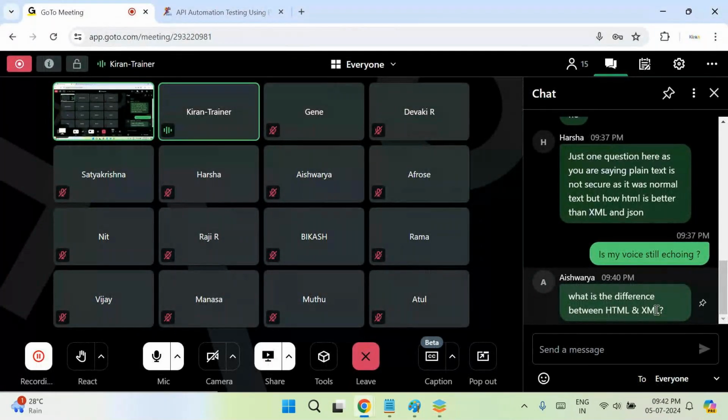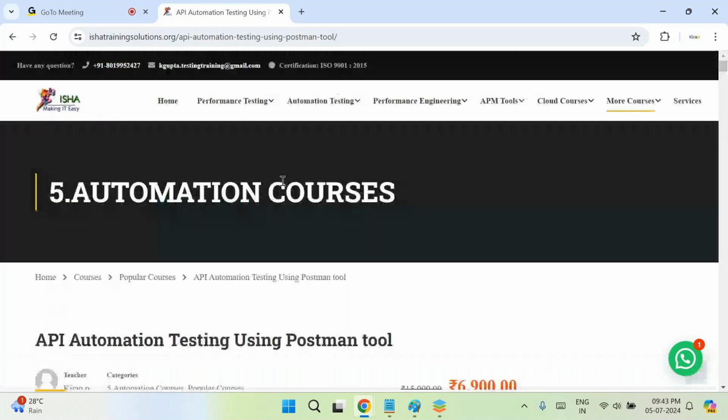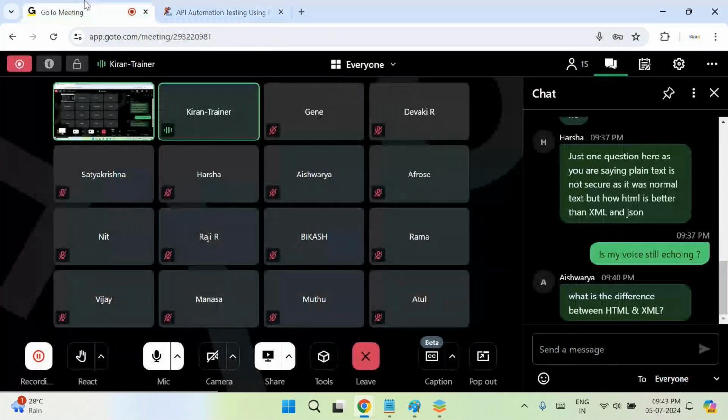The question from Aishwarya, what is the difference between HTML and XML? There are hundreds of differences, Aishwarya. One difference I'll tell you. HTML is used to design a web page. Example, you see this page. It is designed using HTML language. I cannot design this using XML. That is one difference. Second one,